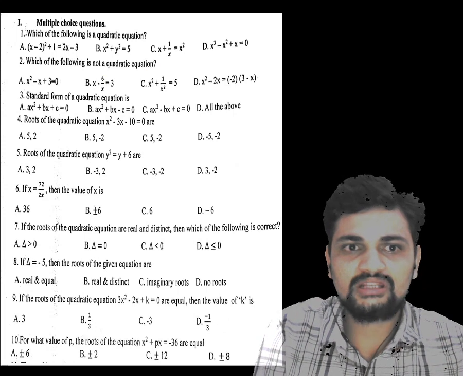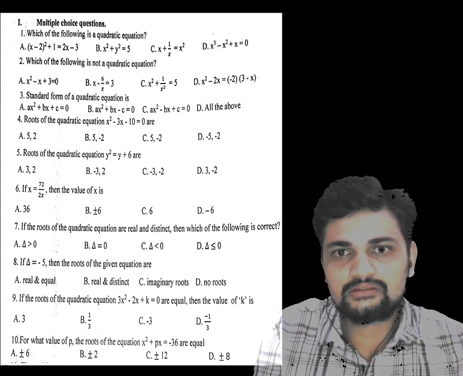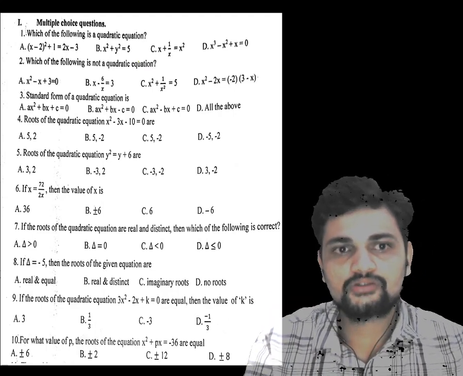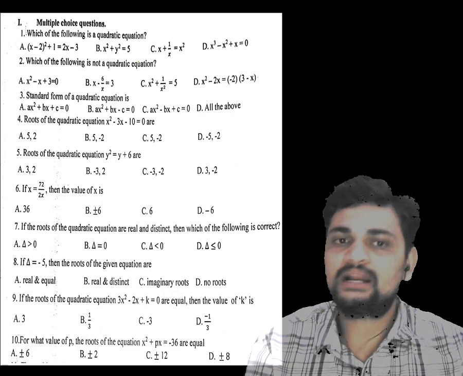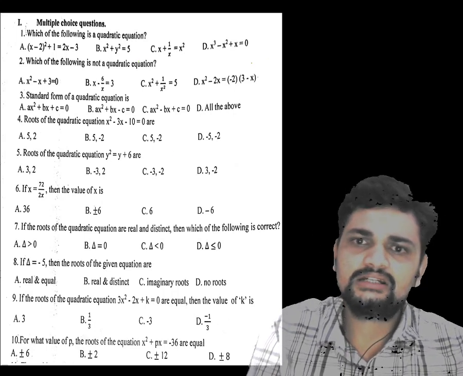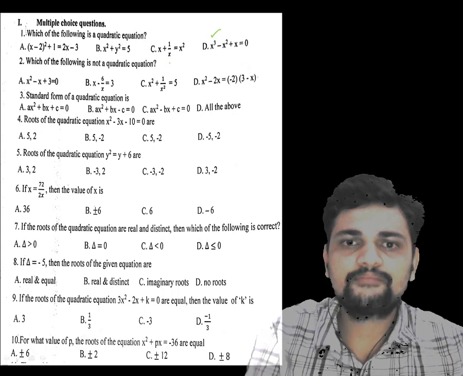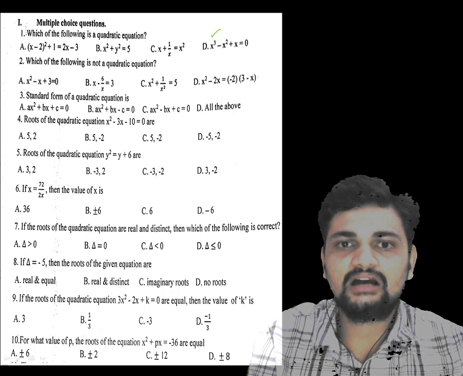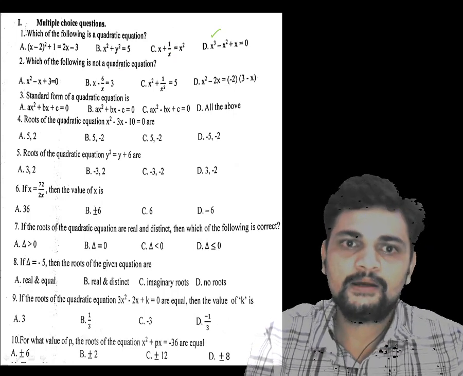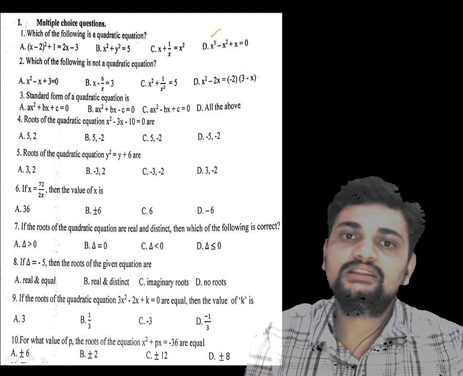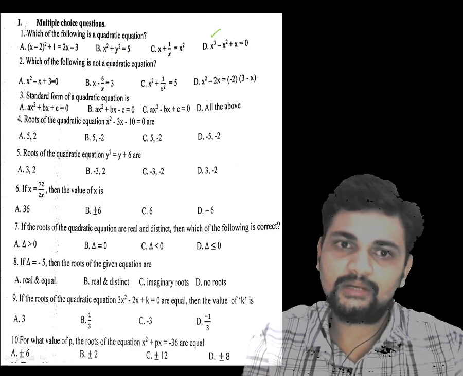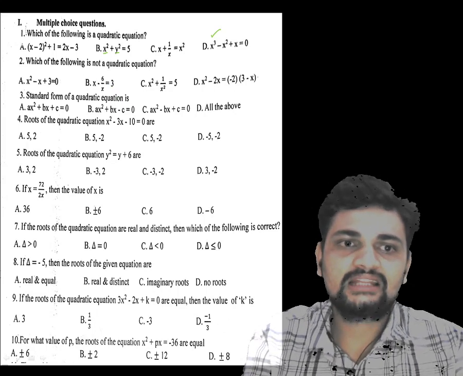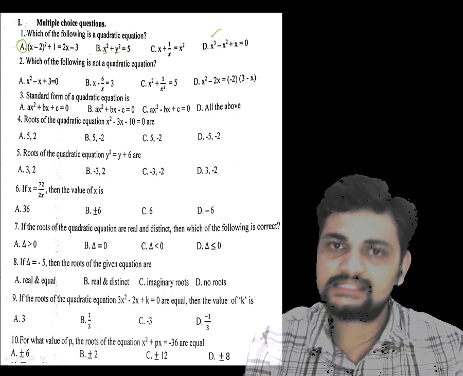Now if you look at this question number 1, these four equations are not given in the direct general form. So we need to check which one is in the form of a quadratic equation. So it's a trial and error method. See, option D is eliminated because power is 3 and this power is 2. But if I take the LCM, again I won't get it in the form of the generalized equation. Now here in a quadratic equation, only one variable is allowed. But here x and y are two variables. So without calculation, I can come to the conclusion that option A is correct.